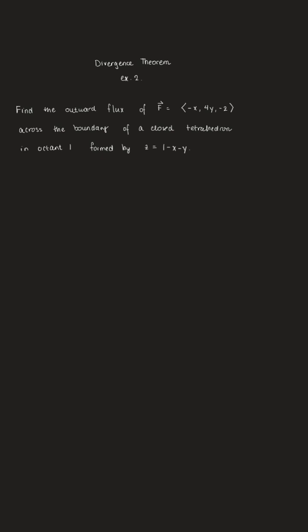Okay, in this problem, we want to find the outward flux of a vector field across the boundary of a closed tetrahedron in octant 1 formed by the plane z equals 1 minus x minus y. So let's think about what we have. We have a closed tetrahedron, a 3D region that is closed, and we want the flux across its boundary, which is a surface